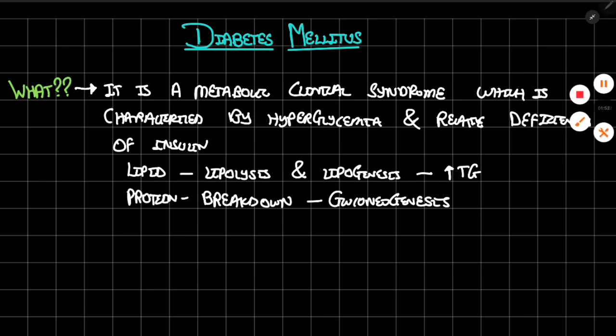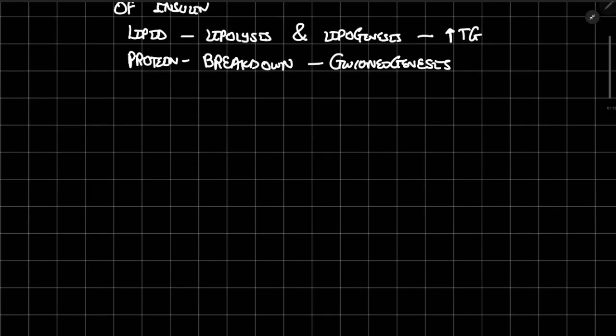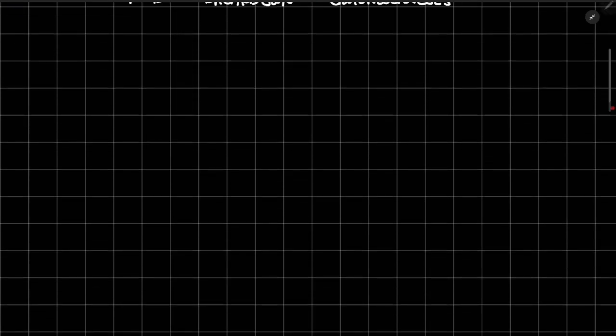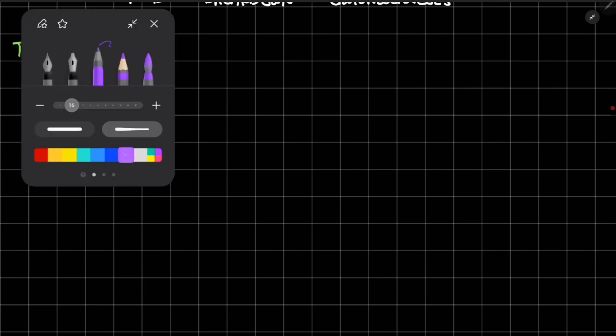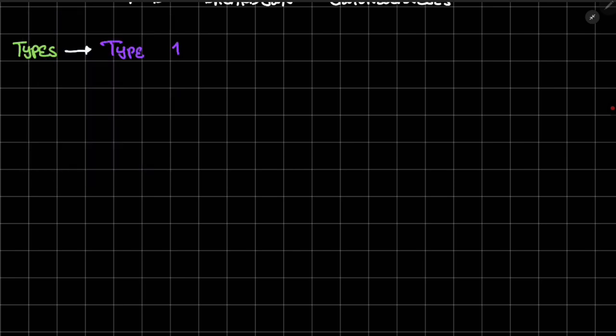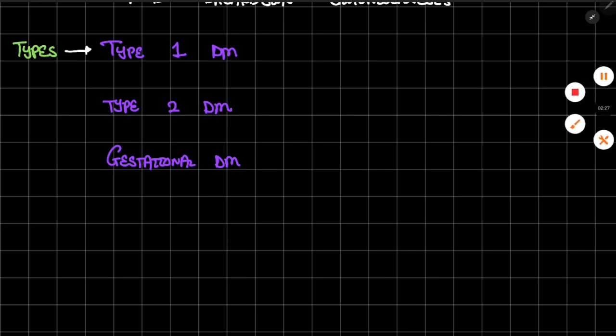Now going further with the types. The types of diabetes mellitus: we have type 1 diabetes mellitus, and we have type 2 diabetes mellitus. Also we have a third type, gestational diabetes mellitus. In type 1 diabetes mellitus, the pathogenesis is that the